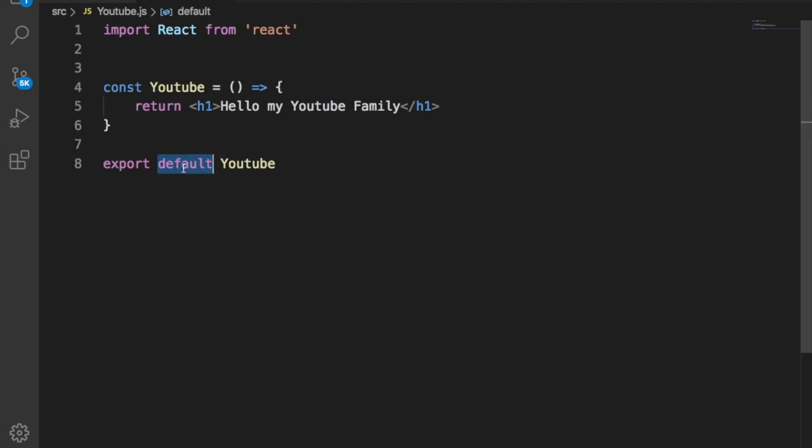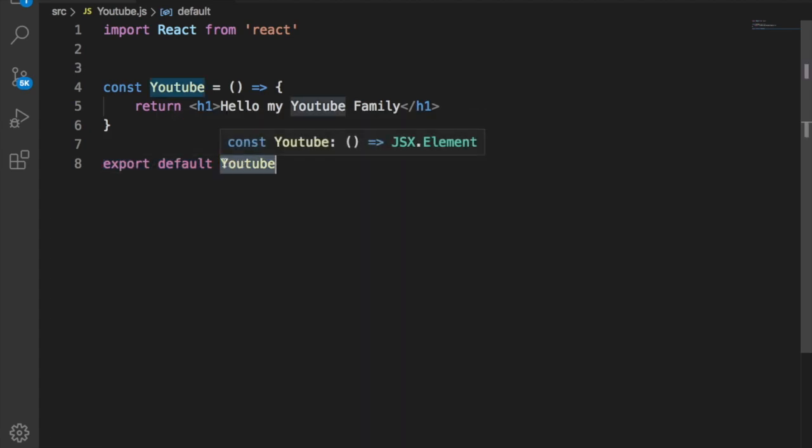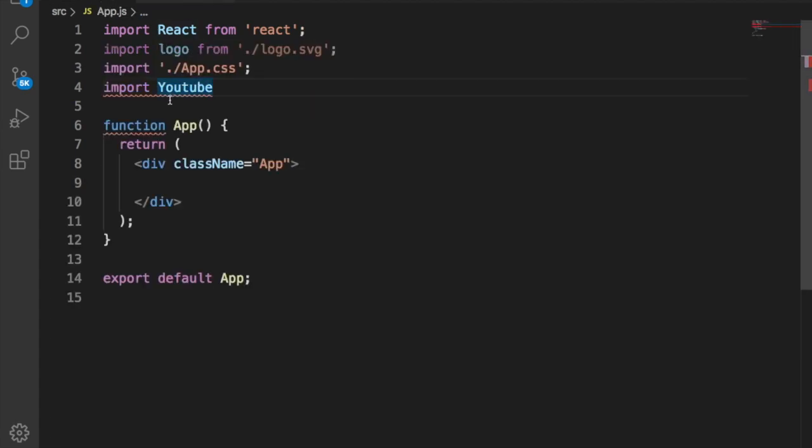And this default keyword actually allows us to name this component whatever we want at the time of import. If we don't write the default keyword right here, we would not be able to name this component whatever we want; we would strictly have to write the name as YouTube only. So I just want you to remember that this default keyword allows us to name whichever component you are going to export whatever we want when we are importing it.